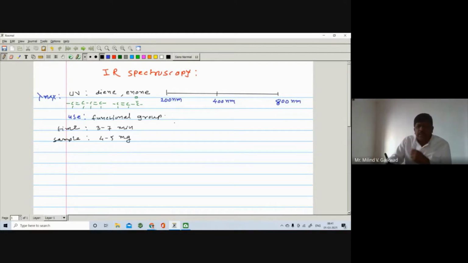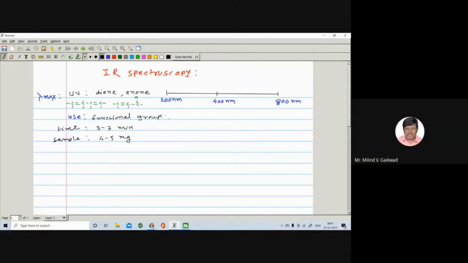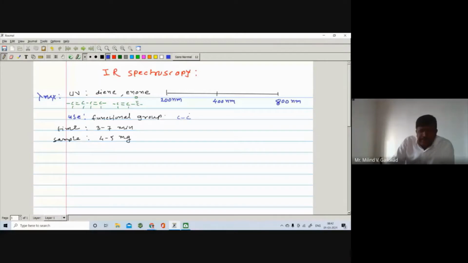You know what I mean by functional group? Functional group is an atom or a group of atoms due to which that family gets its particular property, that is the physical or the chemical property. Examples of functional groups: carbon-carbon single bond means it is the alkane, right? Then carbon-carbon double bond means it is alkene. Similarly, you can write other functional groups, that is alkyne, alcohol or phenol, ether, ROR.